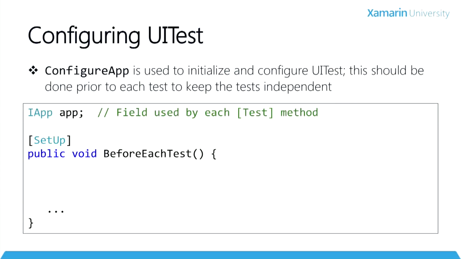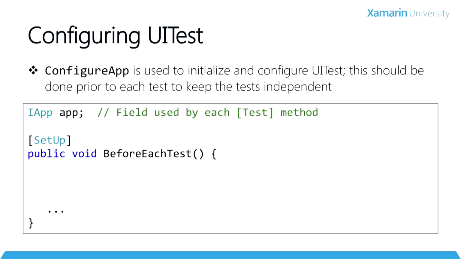Our tests should be independent and not rely on any state set or created by a prior test. And because of that, we recommend that you build the IApp interface prior to each test being executed. This will prevent state from one test spilling over into another, affecting the results and the reliability of the tests. Since we're using NUnit as our test runner, you'll generally initialize the IApp interface in a setup method of a test fixture. This is the default, and it's what the project template will create. This method will run prior to each defined test in the fixture. If there's just one test in the test fixture, you could also use a TestFixtureSetUp attribute and method